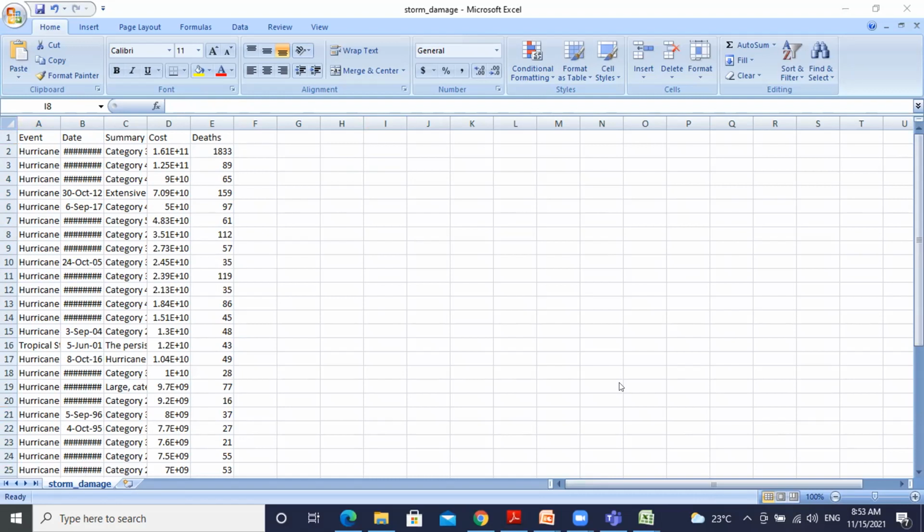What should I write in this SHEET equal to? The storm damage file has only one sheet, so there's no need to use any SHEET option, because it will read the individual sheet by default. See this workbook on the screen, it has only one Excel sheet, so it will read only this sheet by default.